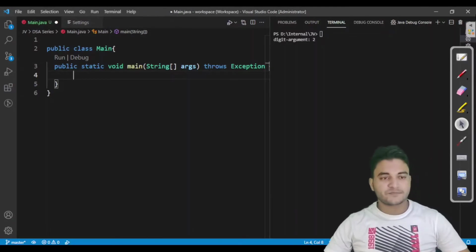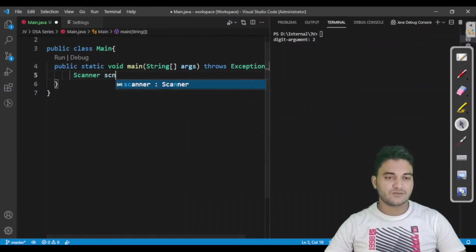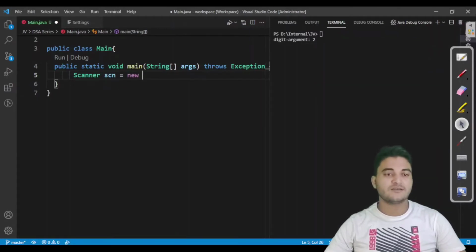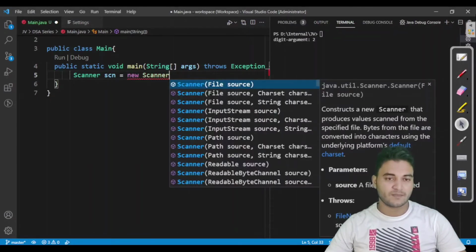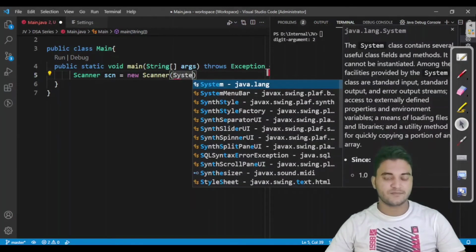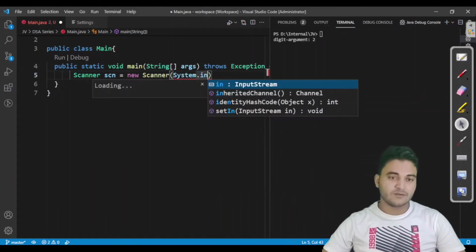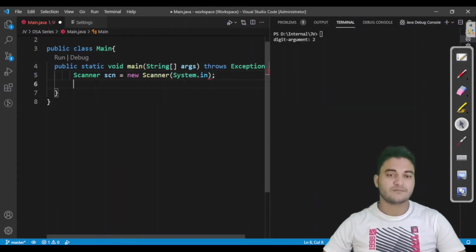So first of all, we have to take input from the user also. So I am declaring a scanner class, and fine.